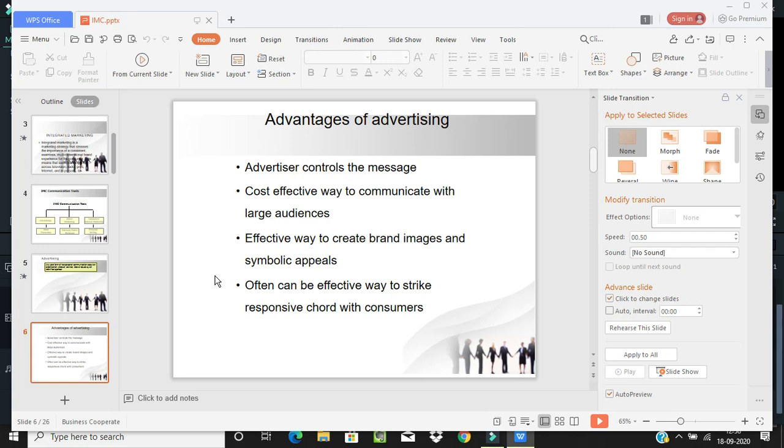First, he should gather the report and information from where he can get it and where he should approach, that means what sort of advertisement he should focus on. And an effective way to create brand images. What are the effective ways he should create? First, by seeing the advertisement quality: who the celebrity should be, who is going to speak on what product, what sort of message they are giving, and what the need in the market is, whether it is already there in the market or not. All these things will be controlled by the advertiser.